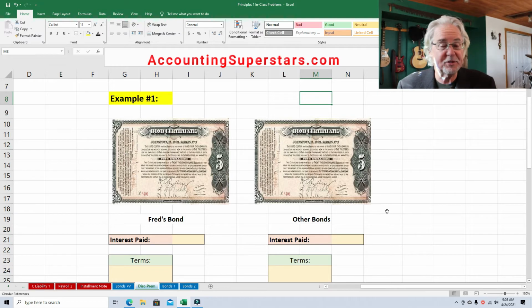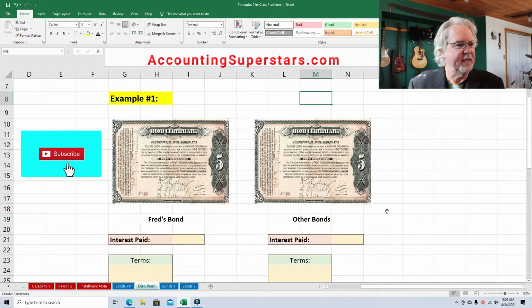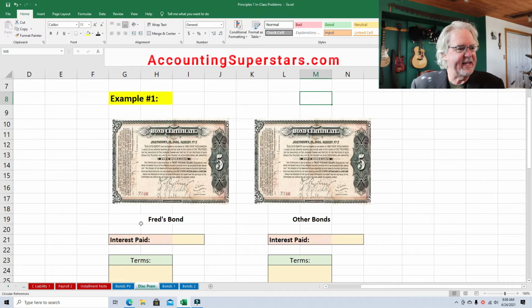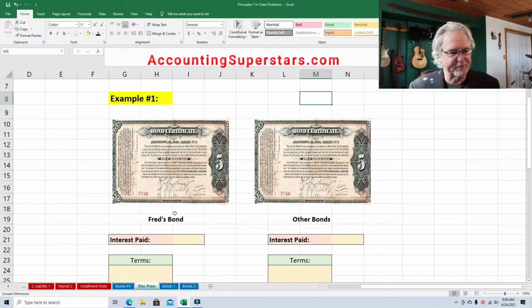So anyways, here's a big difference between these two bonds. They may look alike, but here's a huge difference: Fred, who owns Fred's Snowblower Service, wants to borrow a large amount of money. And so he's going to issue some bonds. Usually these bonds require the help of investment bankers, who are like middlemen. They help people like Fred who want to raise large amounts of money, and they've got connections to people that have large amounts of money that want to invest. So Fred here is going to issue these bonds.